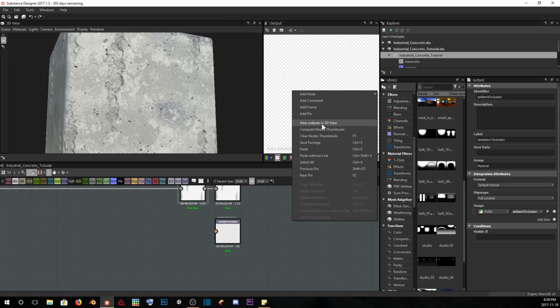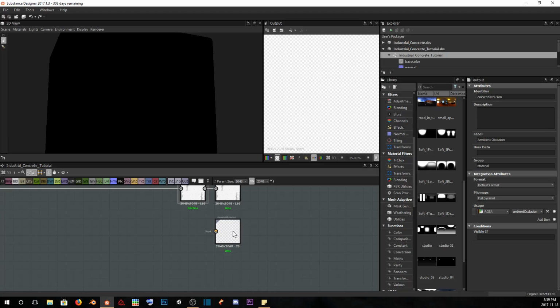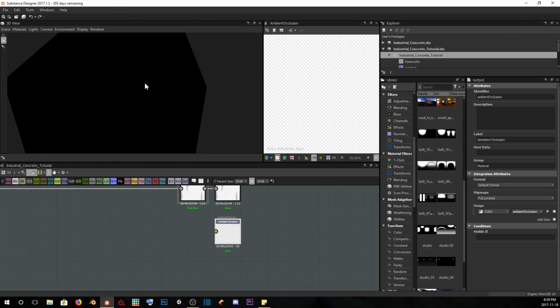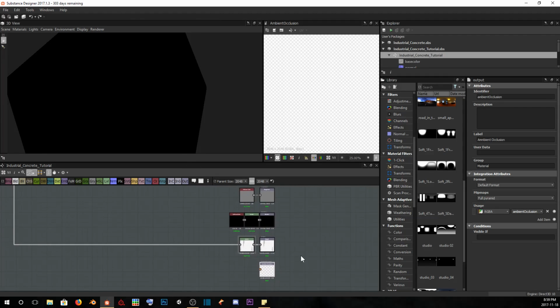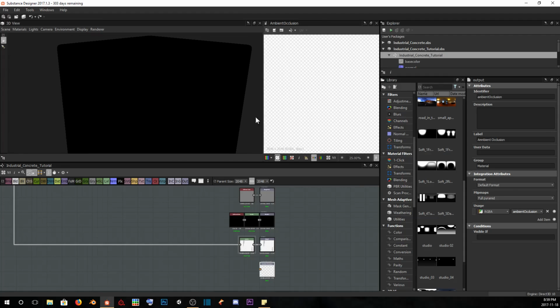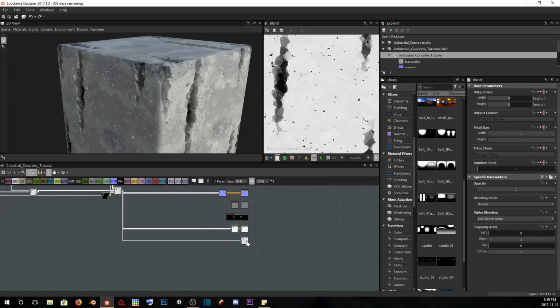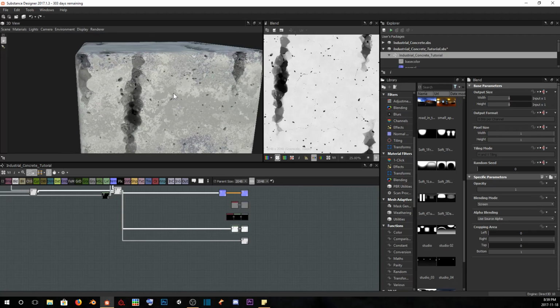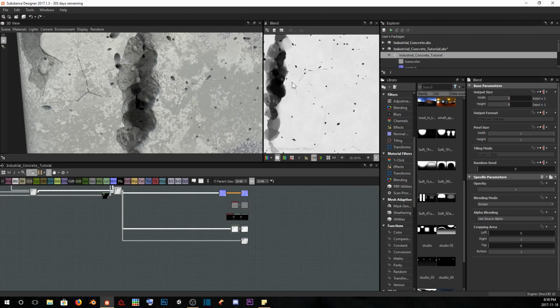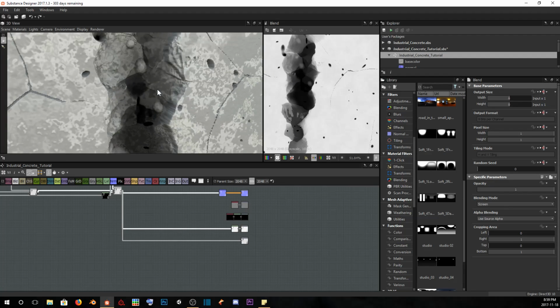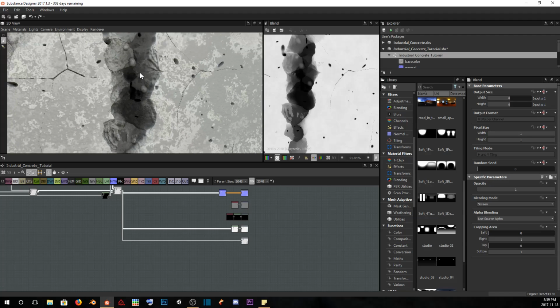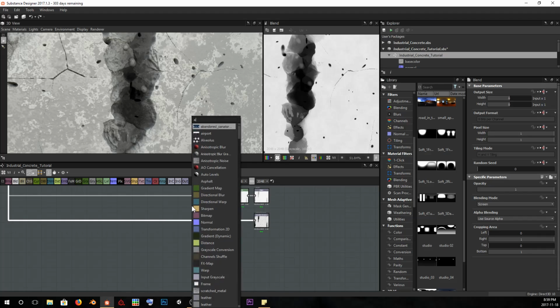And so now if I view outputs in 3D, we're going to get black because this is essentially without an output or an input saying, yep, everything is black, everything is shadow. So it technically is viewing correctly, but we're saying everything is shadow, so nothing's going to show up. So I'm just going to plug this guy right in, and we're going to get some interesting details because we're saying that the black stuff is all shadow, and now it's going to basically just really, really harshly shadow our material. So I'm going to put an ambient occlusion